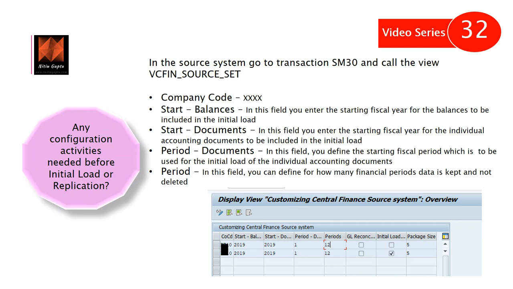And then you put the package size, after getting confirmation from the basis team. The initial load checkmark you don't need to set unless you are going live. Once your initial load is complete, this checkmark is needed, which enables your real-time replication. And from that point, the replication starts. Unless you check this, replication will not start, and it is assumed that your system is still in initial load status.